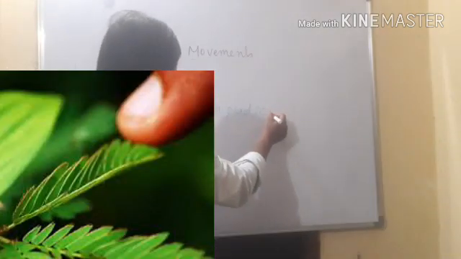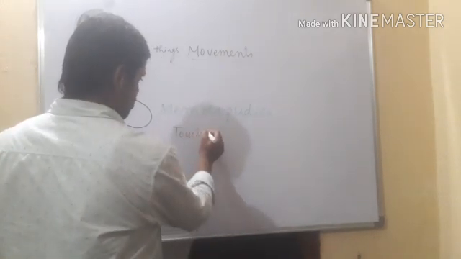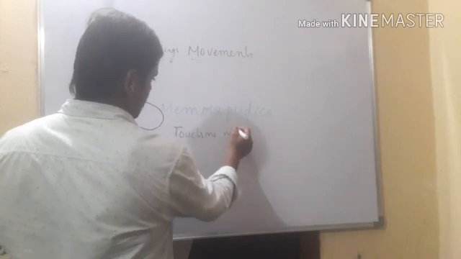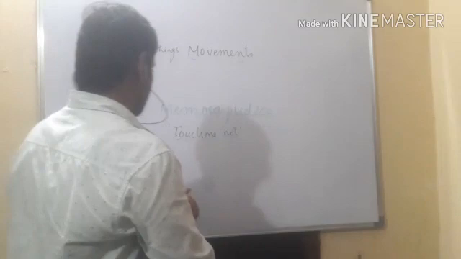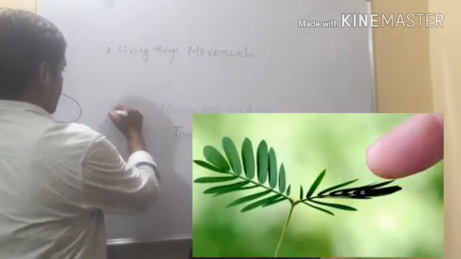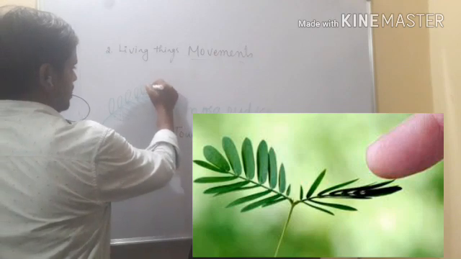For example, mimosa pudica, it is called touch me not plant. What is it called? Touch me not plant, right? The leaves of the mimosa pudica, in normal condition, are open, whereas whenever